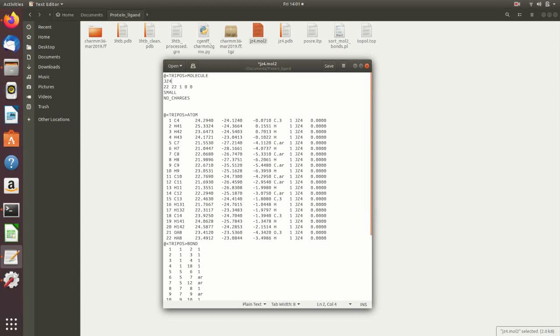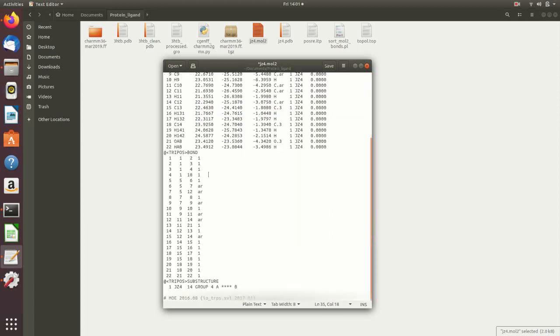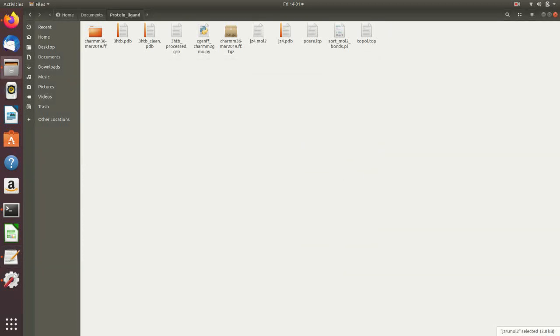Then if you see an unprocessed mol2 file, in this column you'll find different names for the residues which have to be saved under the same name as JZ4, and the bond order of our .mol2 file is different, which has to be fixed, which can be done by using a sort_mol2_bonds script.